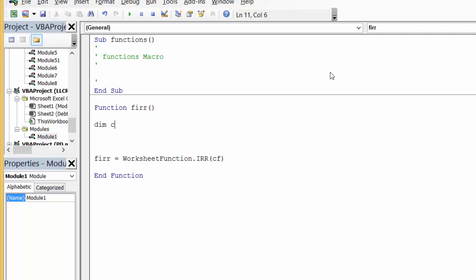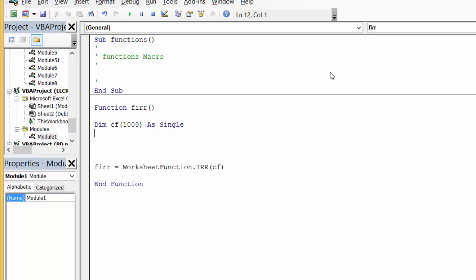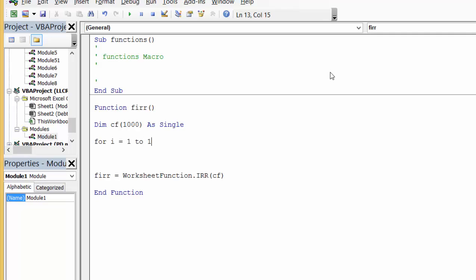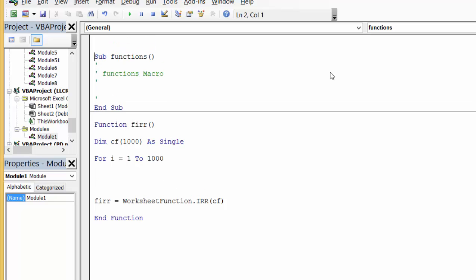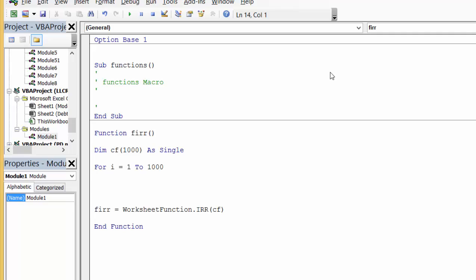We can put Dim CF, and let's make it at least 1,000 lines. We need this one. And then the CF, I suppose we should go around for I equal 1 to 1,000 maybe. Okay. And whenever you do this, it's probably a good idea to put Option Base 1. All that does is say that when you have an array, it starts at number 1, not at number 0. It's annoying to have to do this all the time, but starting in period 0 often creates a mess. So then you can put, if I equals 1, then CF(I), maybe we should have started with 0 actually, equals